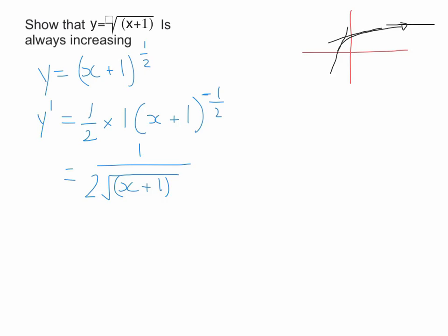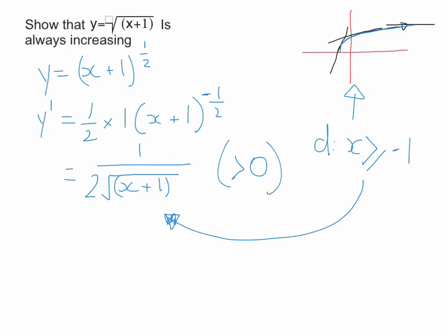Now let's look at this. We're asked to show that it's always increasing. Basically what we need to show is that that is always positive. Well, straight up, let's define our domain for this function here. Well, my domain is that x is greater than or equal to negative 1. Okay, in that function there. When I sketch this guy, that's my domain. Now, if we take that down here,